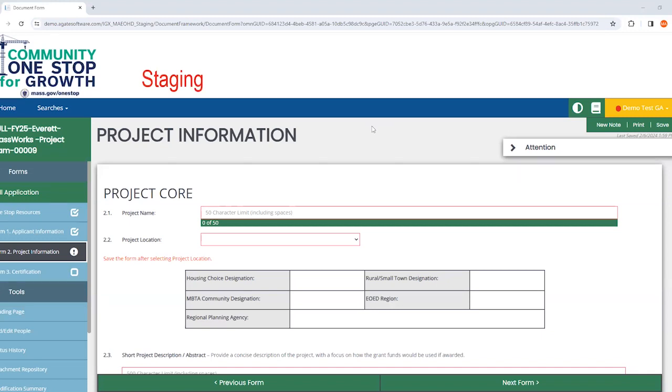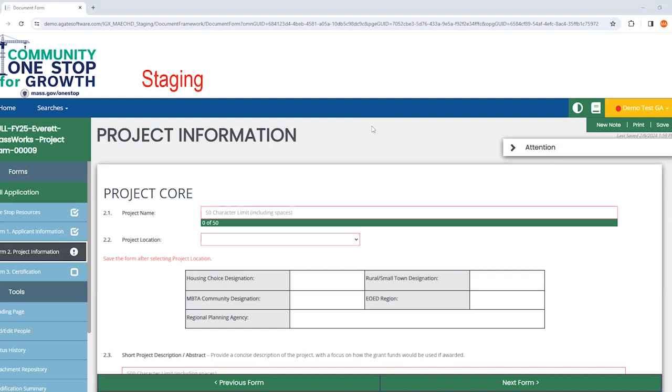All right, so now we are on Form 2, Project Information. This is where the applicant will input all information related to the project and request for funding. In past years, applicants were forced to fill out several different forms with project information. You'd have a form for this project core information that's shared by all programs. You'd have a form that you had to fill out based on the development continuum category that the project fell within. And then for some public organizations in either housing choice or rural communities, you may have had to fill out an additional form